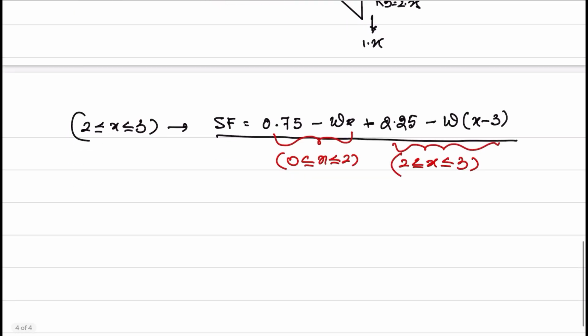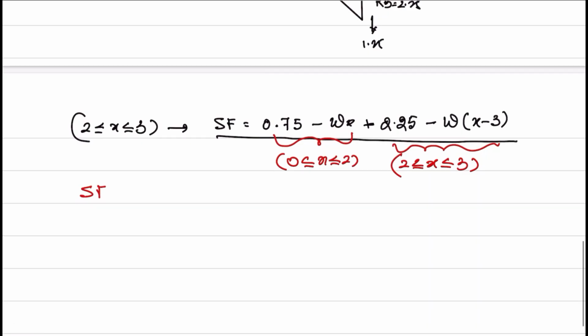And at X, SF at 0 is equal to 0.75. SF at 0.75 is equal to 0. SF at 2 is equal to, shear force at 2 is equal to